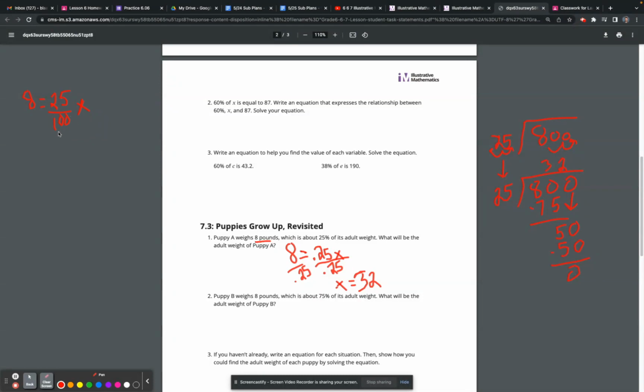So then you would divide by 25 over 100, which would, once you divide 8 by 25 over 100, you would have 8 put over 1 to make it a fraction,